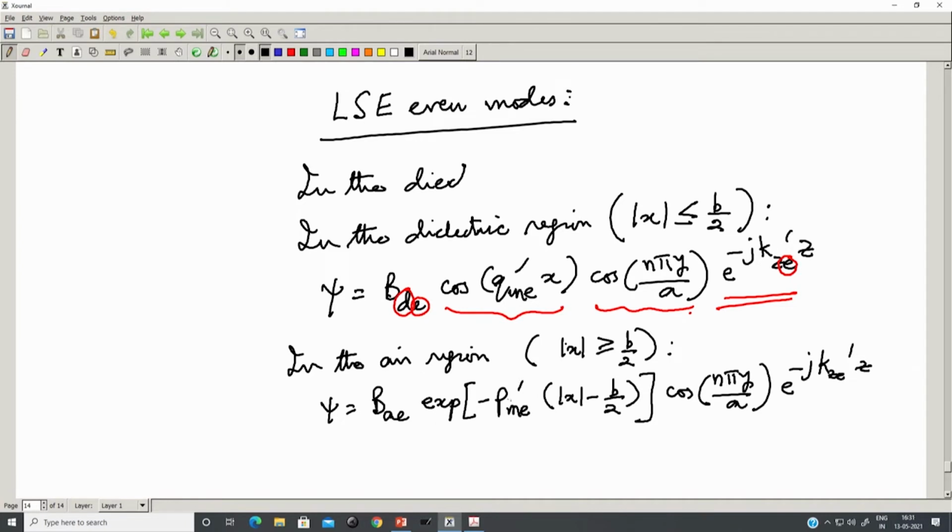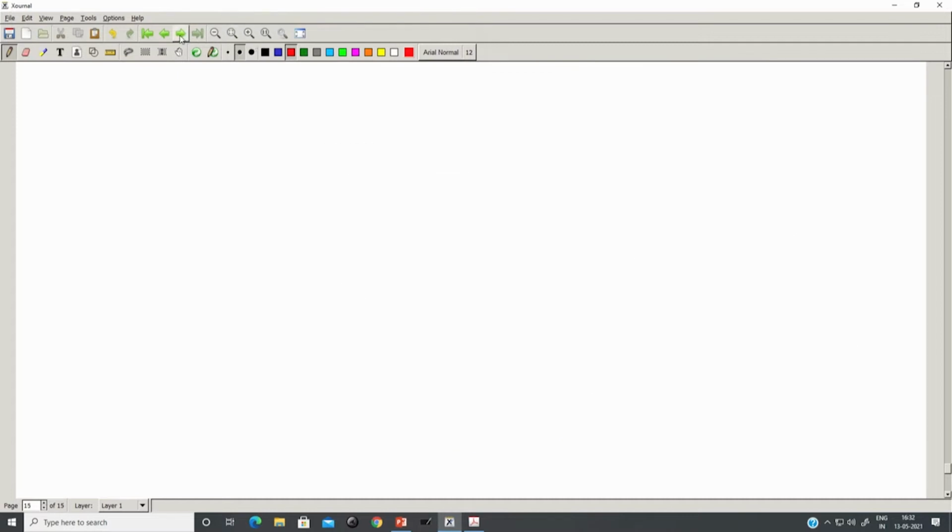This prime denotes the LSE modes. Okay. So, this is pretty much similar. So, we say that this A refers to the air region, E refers to the even mode which is here, minus P m E prime refers to the eigen mode in the air region, the eigenvalue in the air region. This refers to the exponential decay of the fields in the air region, and these two terms we have already encountered previously. So, again if I write it now for the LSE odd mode,